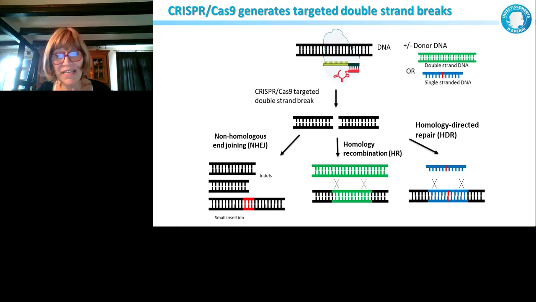But what we are really interested in is a specific correction, and that's done when we inject or electroporate or introduce Cas9 with CRISPR together with the donor DNA. This donor DNA can introduce the mutation we want. It's possible to use a single-stranded donor DNA or a double-stranded donor DNA. This event is definitely the one we would like to emphasize here. We are not so interested in the generation of NHEJ, but in generating precise events.